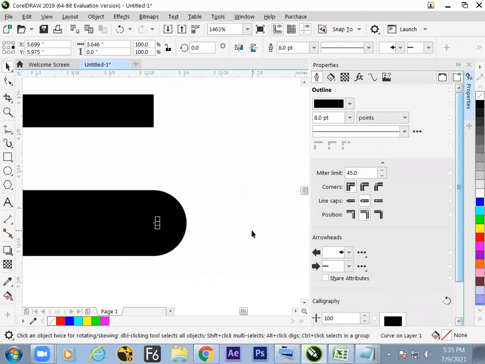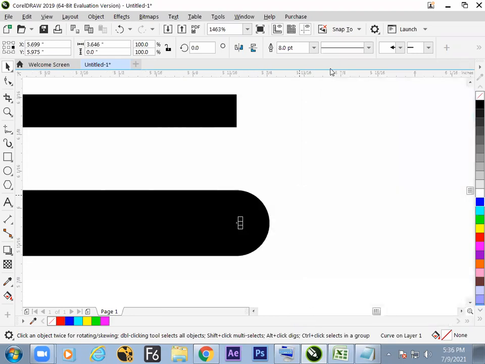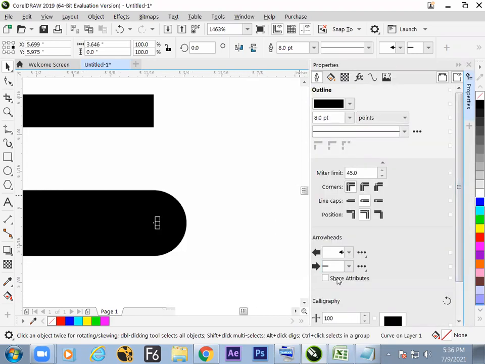Hope it is done. So how to close this window? What is the keyboard shortcut to close the property window? Chat me up. Alt Enter. Alt plus Enter, it is there in your chat box also.